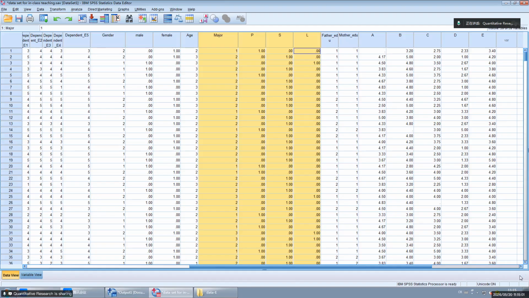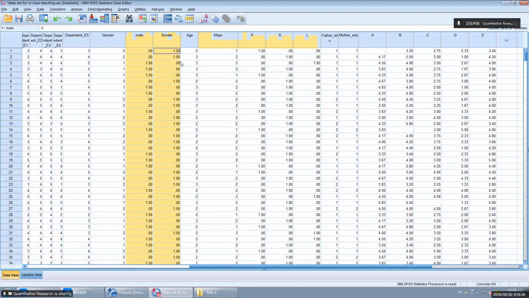The reference group will not be regressed, which means it will not be dragged into the regression model. Okay, I explain more. For example, how many dummy variables for gender? 2. Male, female.